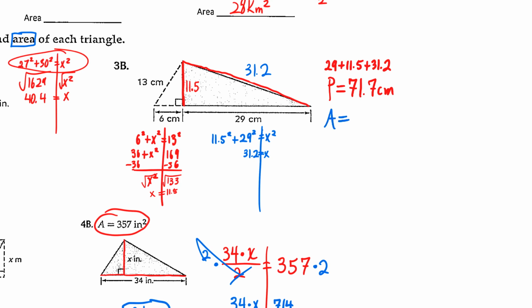And then for the area, what am I going to use for my base and height? 29 and 11.5. So the base is 29, the height's 11.5. So 29 times 11.5 divided by 2